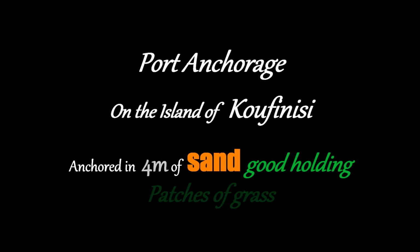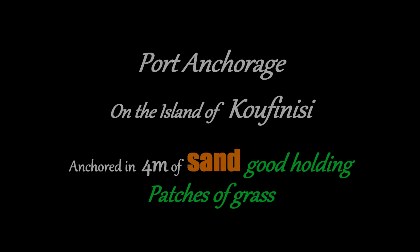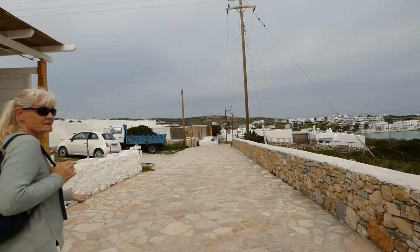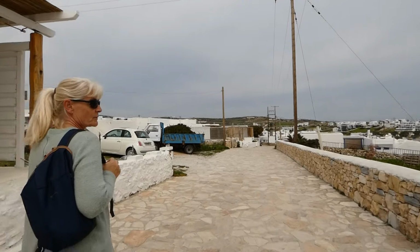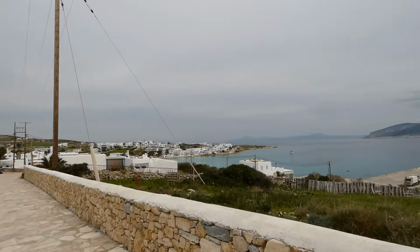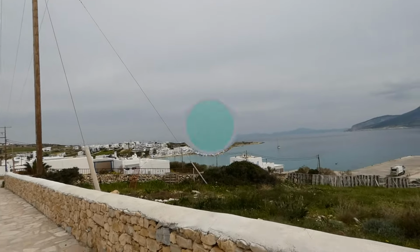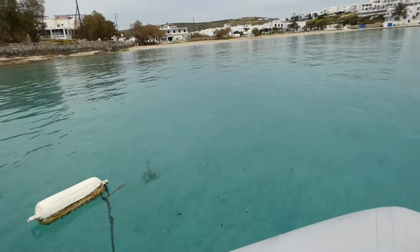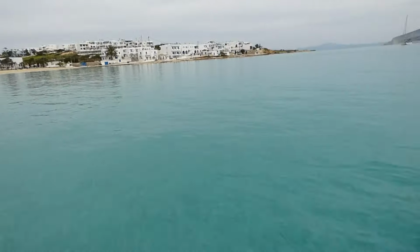So we anchored in 4 metres on a nice bed of sand. There is a sign that says to watch out for the seagrass, Posidonia, and to tie on to the mooring buoys if you can. But of course we didn't see the sign till we'd actually dropped anchor, but we are nowhere near the seagrass, fortunately. As you can see, there are a few buoys, and they did say we could tie off on one of the buoys, but none of them looked particularly...